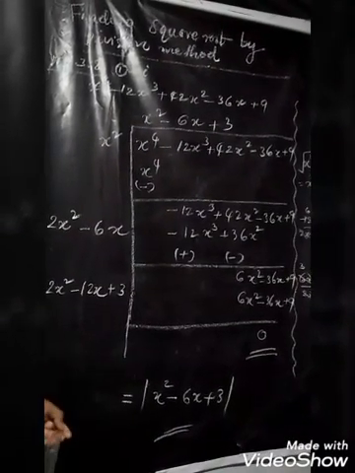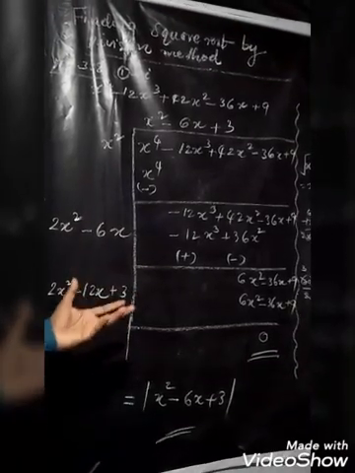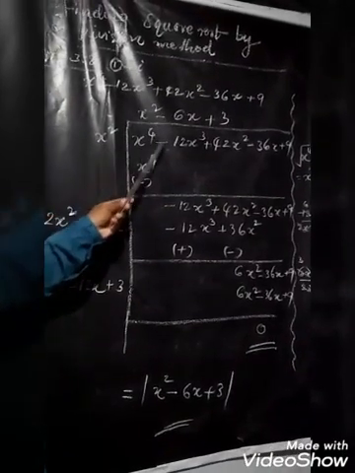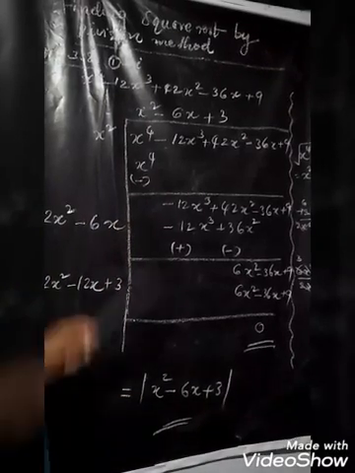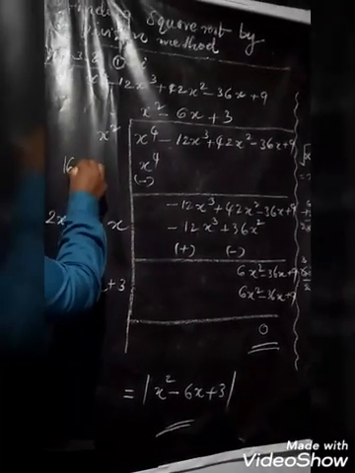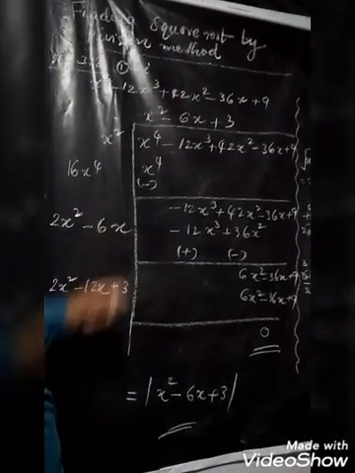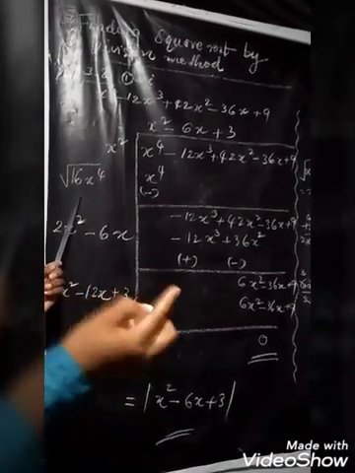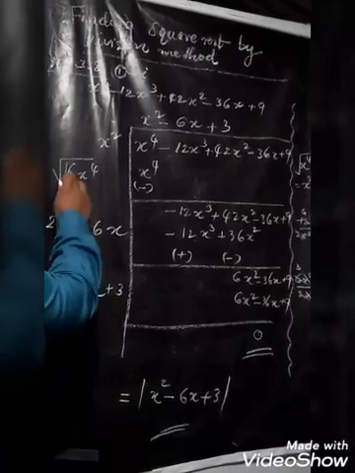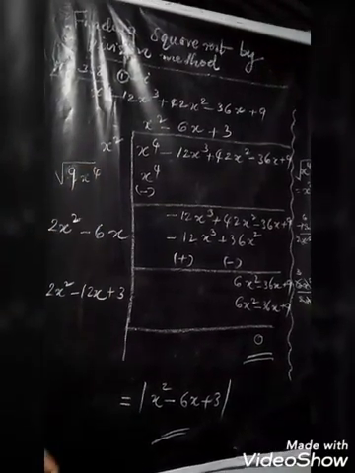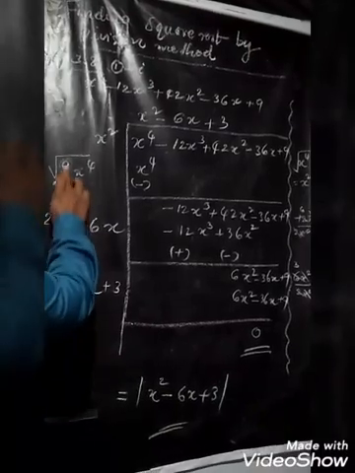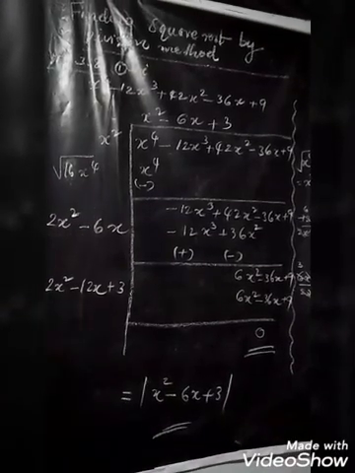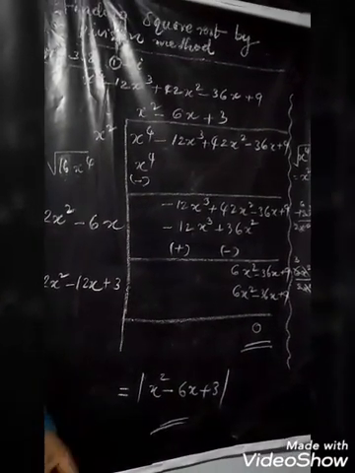Clear? So we have some examples and exercise sums in the book in the same method, same manner. The square root of the first term you have to understand first. Okay, in some cases the first term starts with 16x power 4 instead of x power 4. In this case we have to find the square root of 16x power 4. At that time you will get 4x square. Okay, 4x square. Sometimes it will be 9x power 4, so you will get 3x square. So on. That depends on the question.